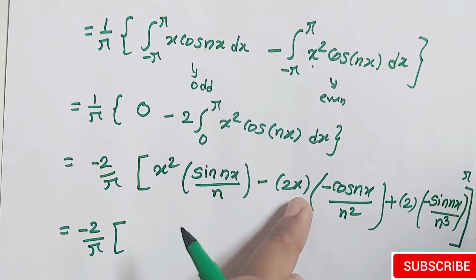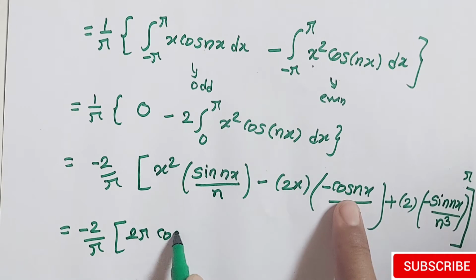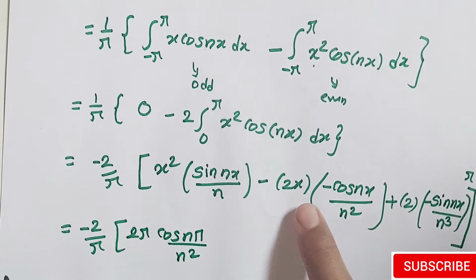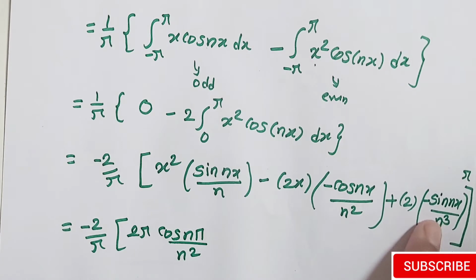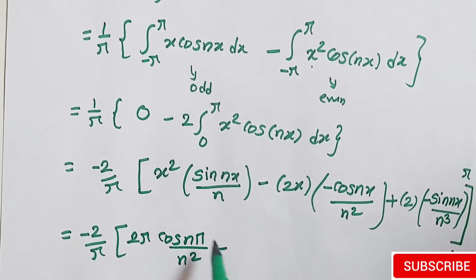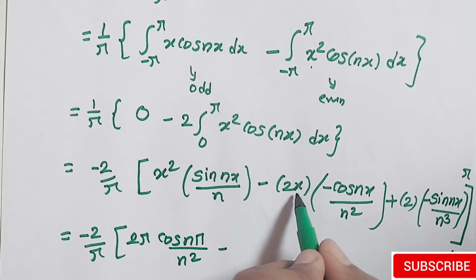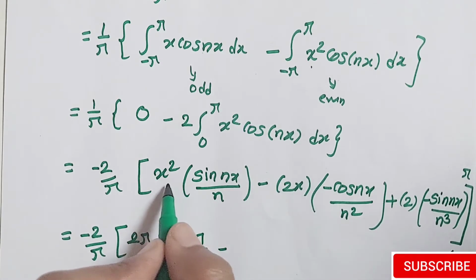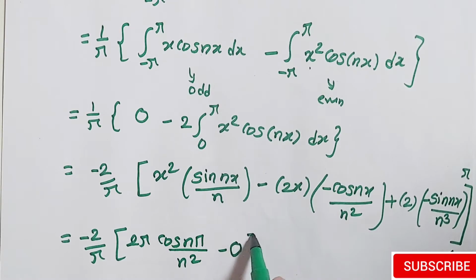So here x equals pi, this gives minus of minus plus 2 pi cos n pi by n square. If we put x equals pi, the upper limit, then this term remains and the remaining two terms are 0. Minus of the lower limit. So here x equals 0, so this term is 0. Here again 0 because x is in the product. So if we put the lower limit 0, then this product term is 0. Here similarly it is 0. If we put x equals 0 in this term, then sin of 0 is again 0. That means the whole term is 0.